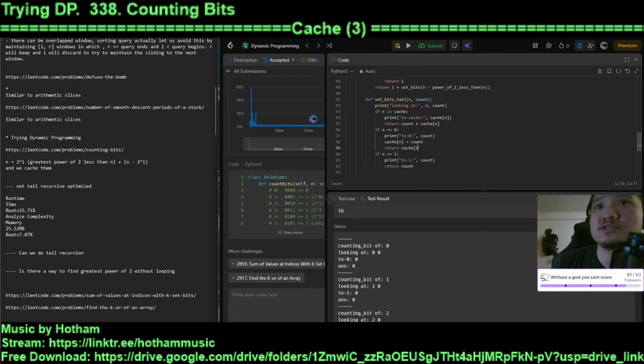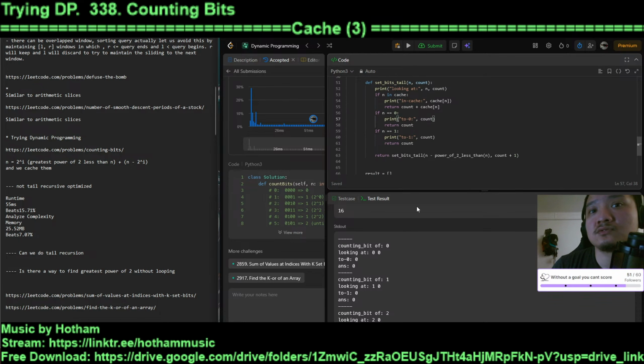Oh right, no, return count. Wait, no, we go down. Okay, hold on. Let it return count first. When we get here, that could also mean we reduce. This is basically top down. So okay,